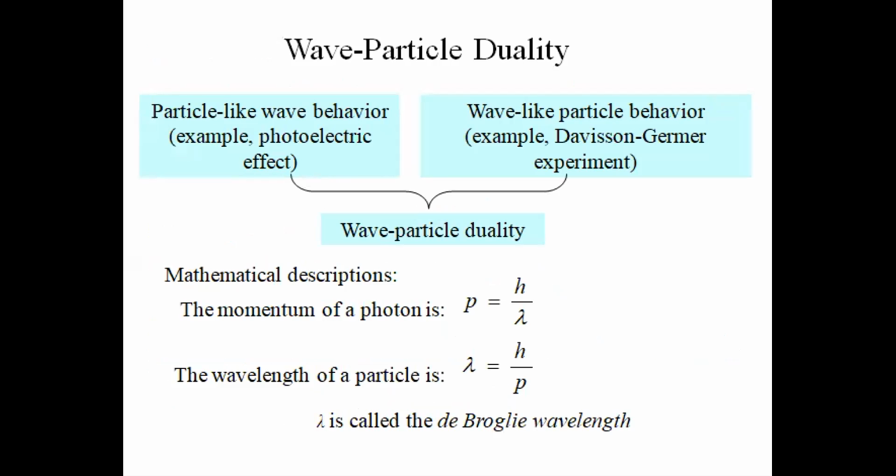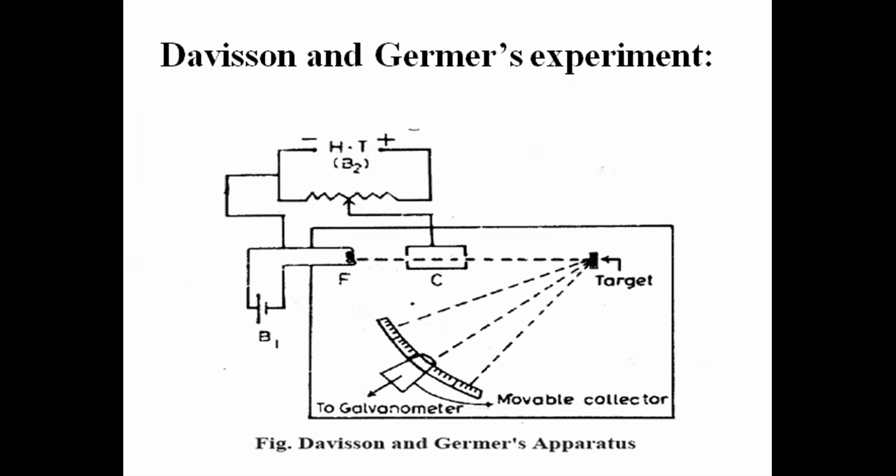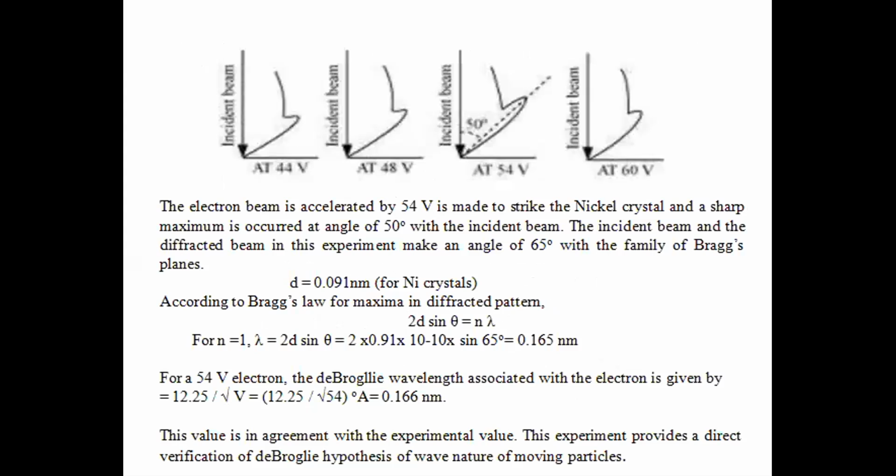Here, lambda is called the de Broglie wavelength. Next, Davisson and Germer's experiment. This is the schematic diagram for the apparatus. So, if we directly observe the graphs obtained after finishing this experiment, the electron beam is accelerated by 54 volts and is made to strike the